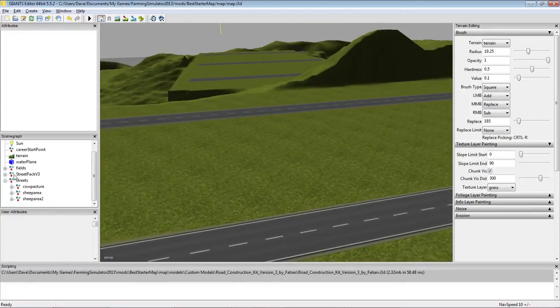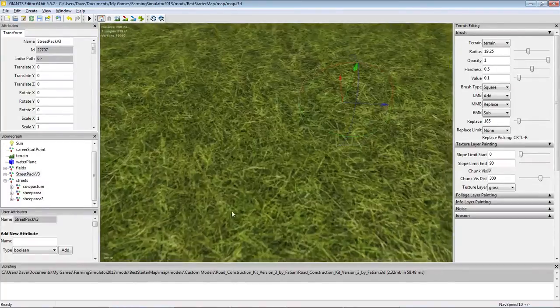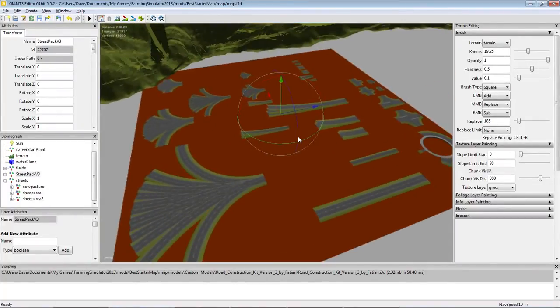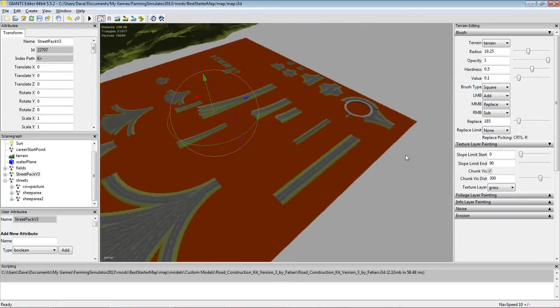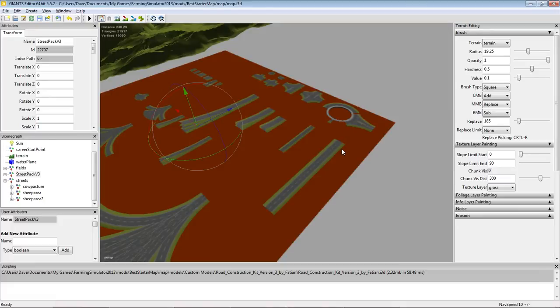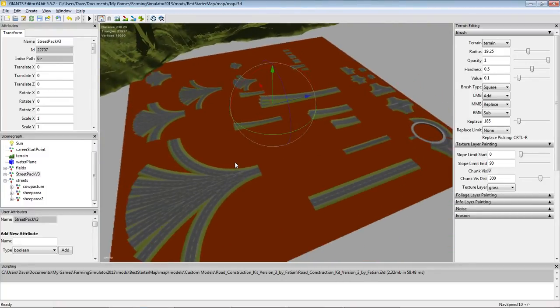Now, you can go through the pack here and play around with all these. Make the curves, make the ups and downs, play around with the turnaround circle, because you can put one of these here and another one on the other side, and it'd be like a little loop and all that stuff. Here's your four ways and three ways, your transitions, all that stuff. So play around and have some fun,